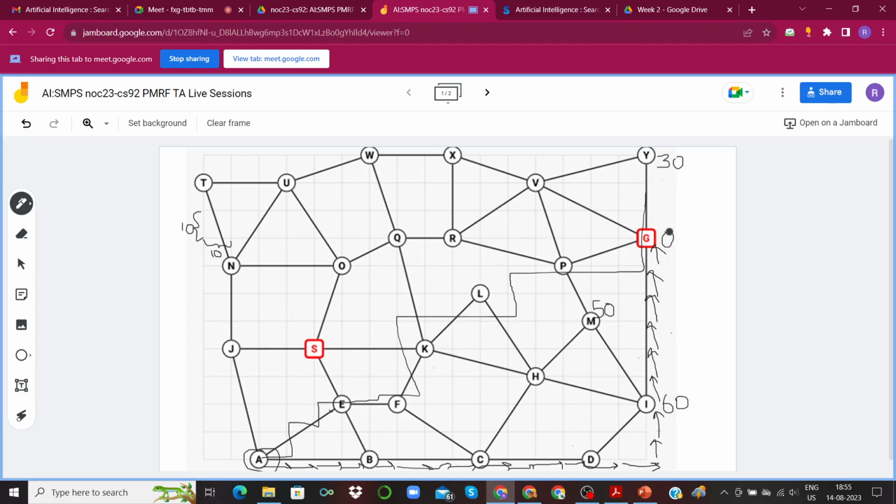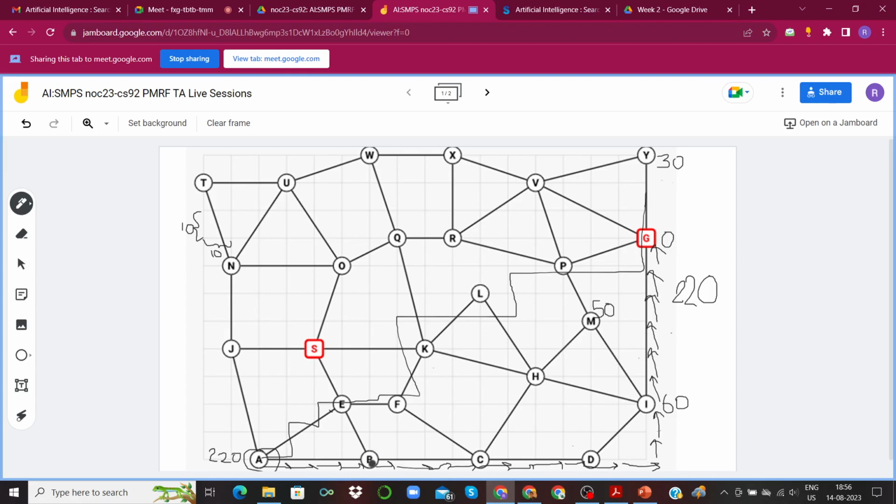In any way, you're going to have to cover 22 boxes of this coordinate system in order to go from your A to G. Again, this is a hypothetical distance measure, not the actual edges defined by the map. Since we had defined that each of these boxes is of 10 by 10 size, the distance that we are going to have to cover is 22 into 10, which is 220. So the heuristic value for A would be 220.